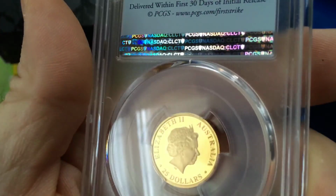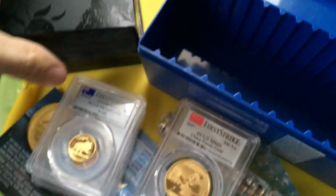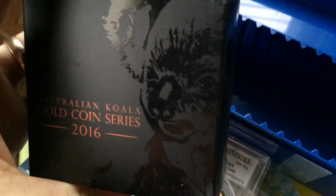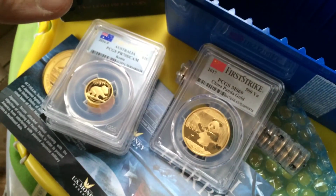They've got a series. It's lovely. I think these have a lot of potential. So I don't know if I'm going to keep the Panda, what I'm going to end up doing with it. And there's more coming. I've actually bid on a couple more auctions since then. I don't know how many of these I'm going to do unboxings for, but with my first Panda and my first Koala